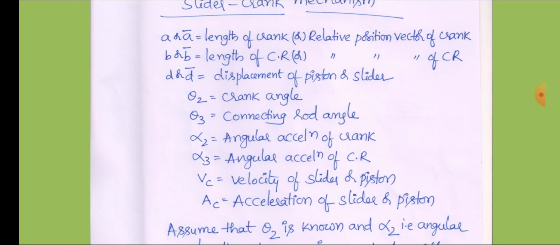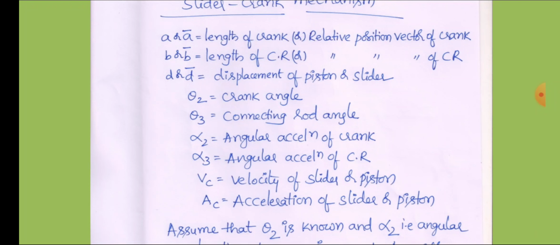Theta 2 is the crank angle. Theta 3 is the connecting rod angle. Alpha means the rate of change of angular velocity, which gives angular acceleration. So alpha 2 is the angular acceleration of the crank, and similarly alpha 3 is the angular acceleration